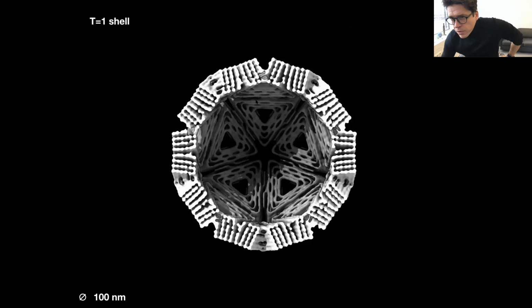Then here's the bigger shell, the T equals 3 shell. The EM density map doesn't have the same resolution, so we can no longer see the individual helices. But still, it's a big, nice cavity. It's 150 nanometer diameter, and you can fit this icosahedron into this bigger shell, and the icosahedron roughly corresponds to the diameter of a coronavirus, for example. So the T equals 3 shell could be a candidate system for trapping maybe a coronavirus inside, which leads us to the next question,